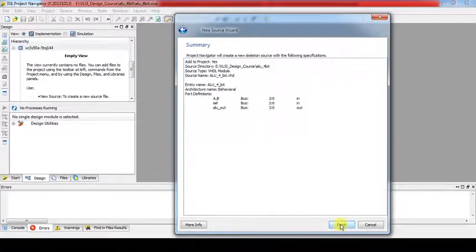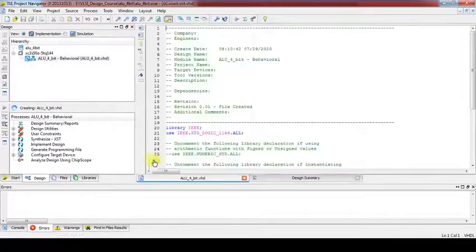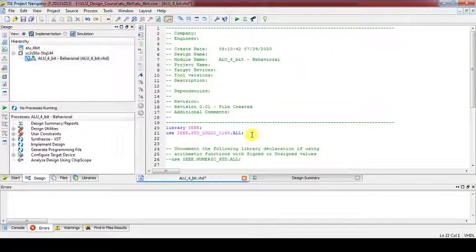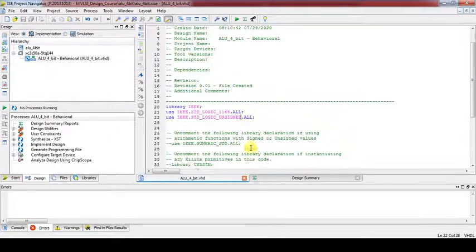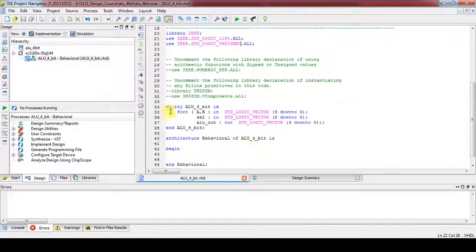So let's generate the entity. Here we are going to use some additional features like addition and subtraction, so we need to add a library called unsigned. Let's add it. Okay, done. Now your entity is also already declared. So library declaration and then entity, port A comma B in 4-bit, select line input 3-bit, ALU out 4-bit.